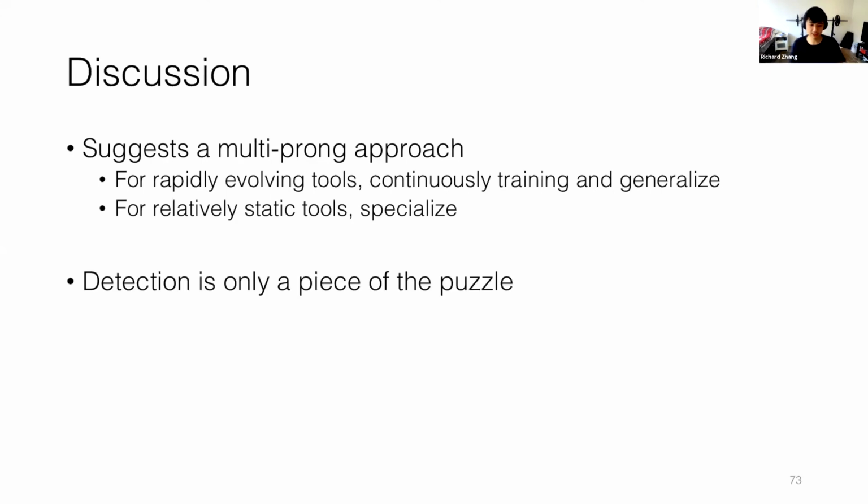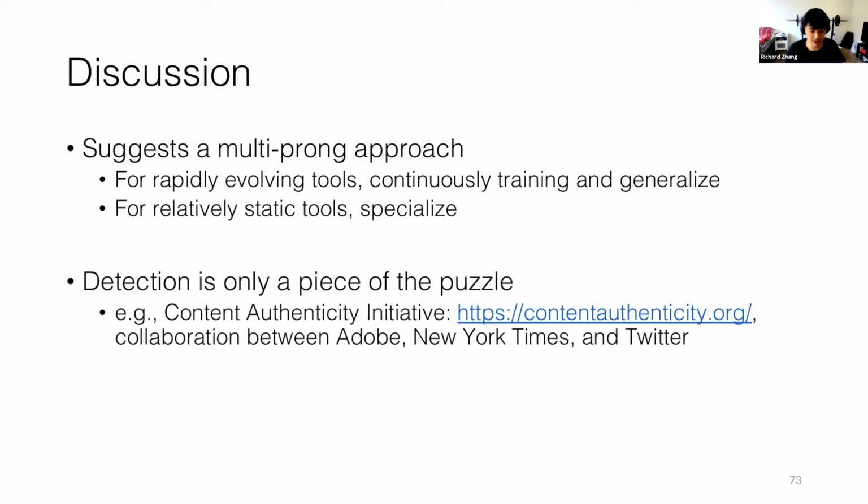Now, detection itself is only a piece of the puzzle. So I'll also encourage you to look at the Content Authenticity Initiative, for example, which is a collaboration between Adobe, the New York Times, and Twitter, which is looking at establishing an open source format for provenance. And there's a white paper that I'll refer you to on this website. And lastly,